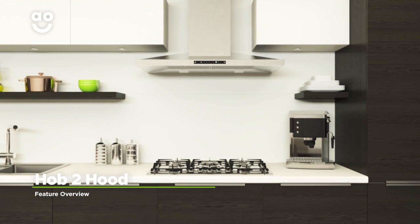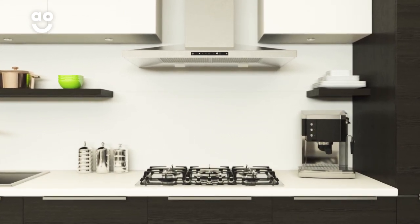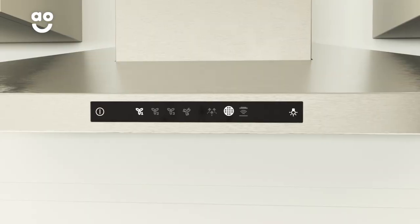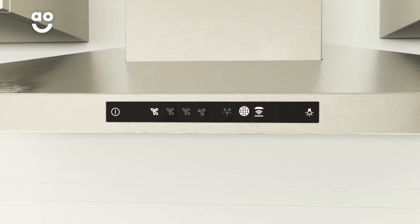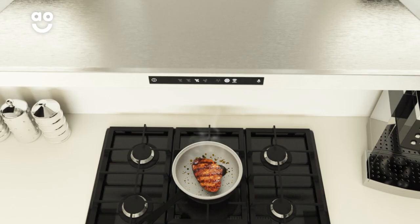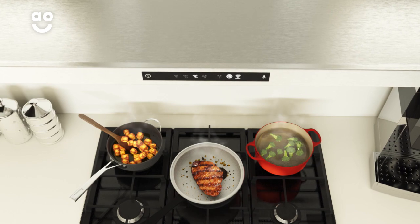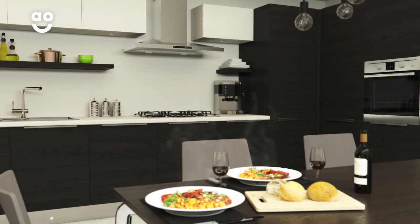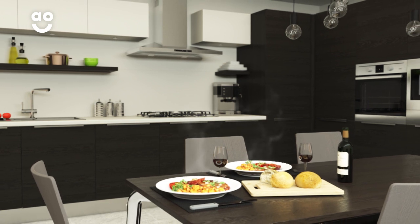AEG's smart hob-to-hood function allows your cooker hood and hob to work together to keep your kitchen steam-free. Using a wireless connection, your hob adjusts the cooker hood's fan speed automatically based on your cooking settings. This means when you add or remove pans from the hob, the cooker hood will change its performance to match. So, whether you're preparing a small snack or a dinner for two, the air in your kitchen will always be